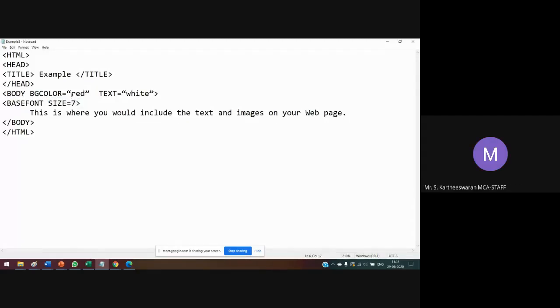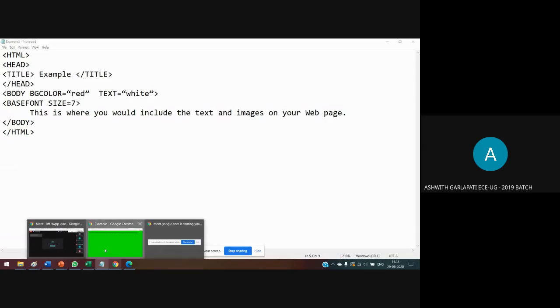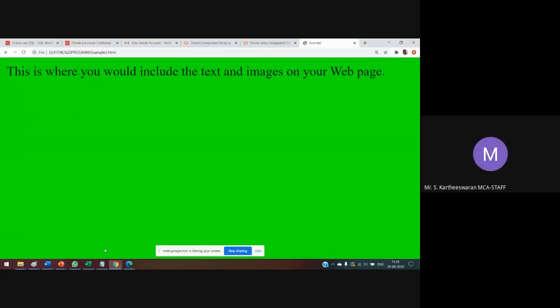For background color, we write background color, sir. Background means the web page background. For the background color we write the syntax as background, not BG. BG color.